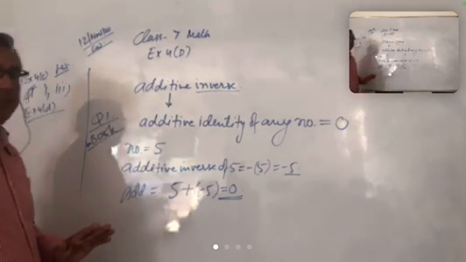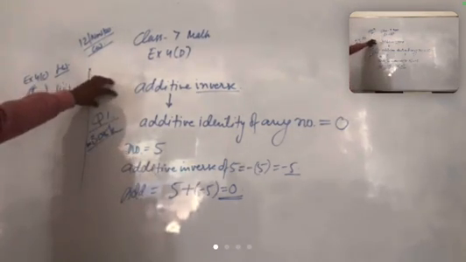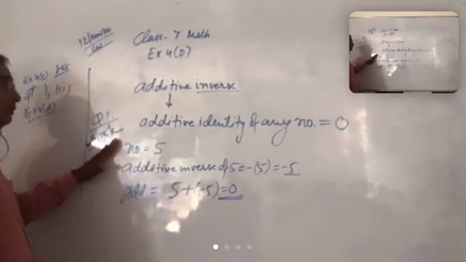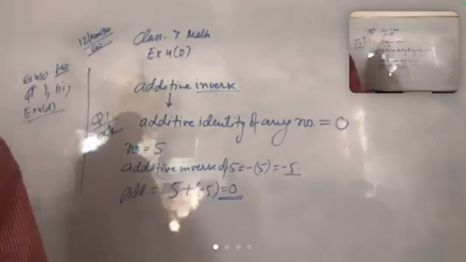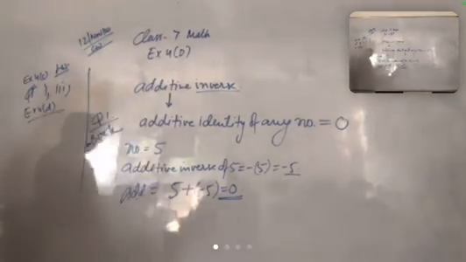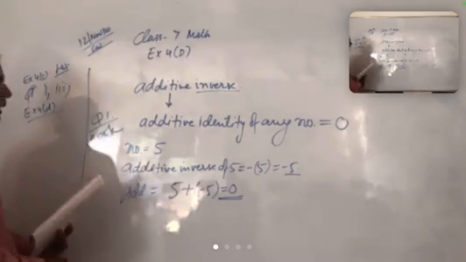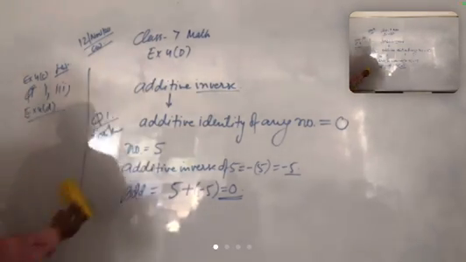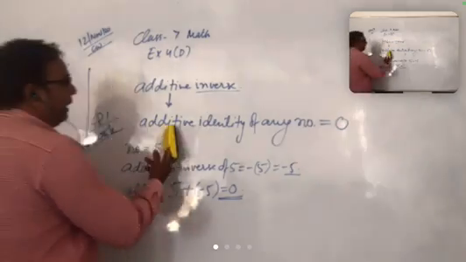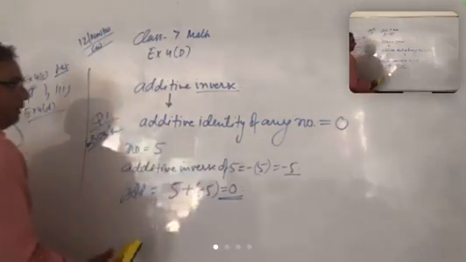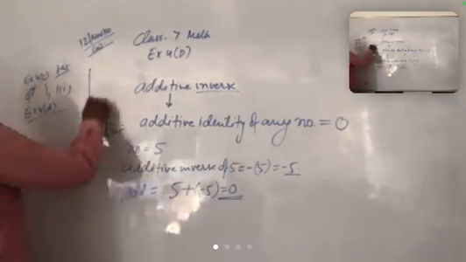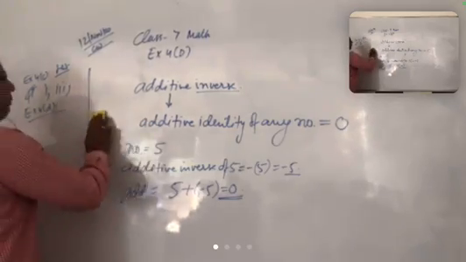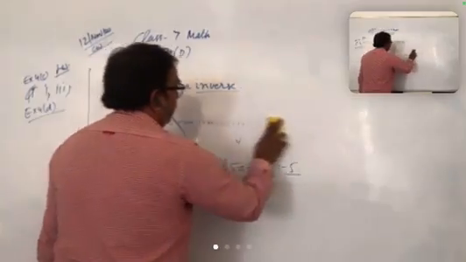Okay, is that clear? Question number 1 you have to do in the book, not in the copy. Additive identity of any number is 0. Now the second question is,